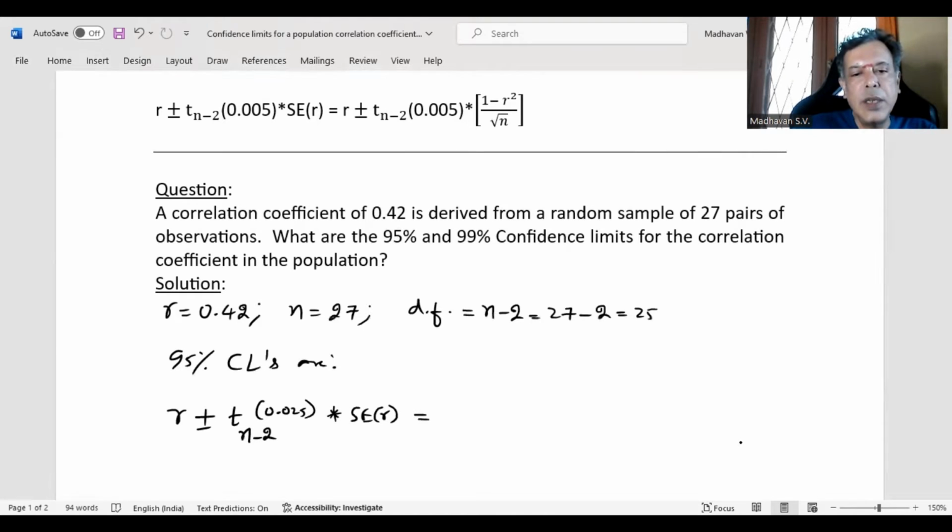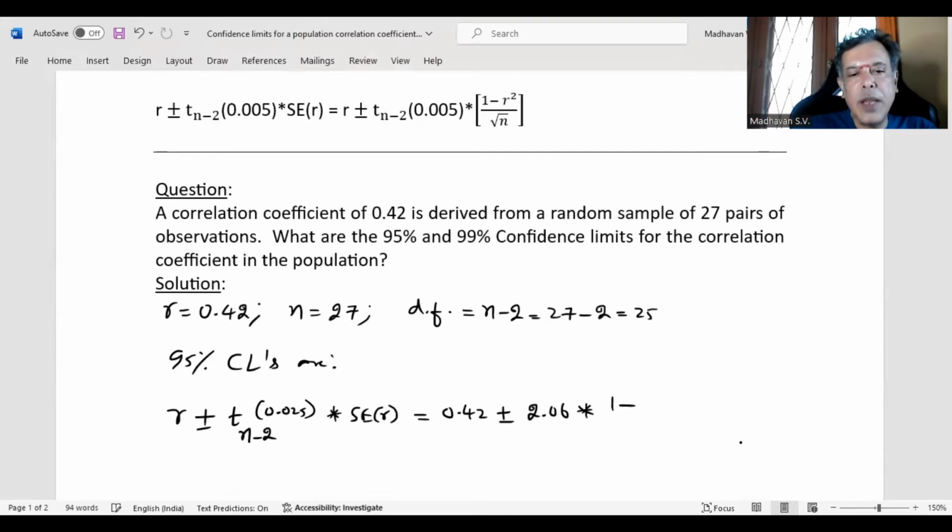That is 0.42 plus or minus the t table value, which for 25 degrees of freedom at 0.025 level of significance is 2.06, multiplied by the standard error,